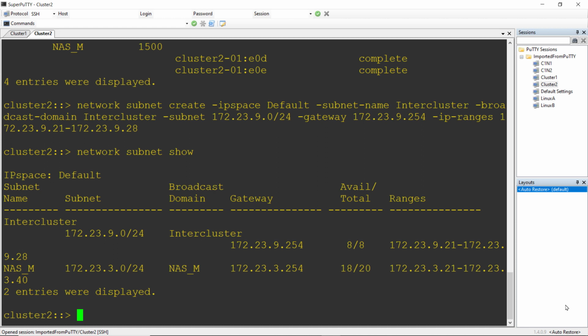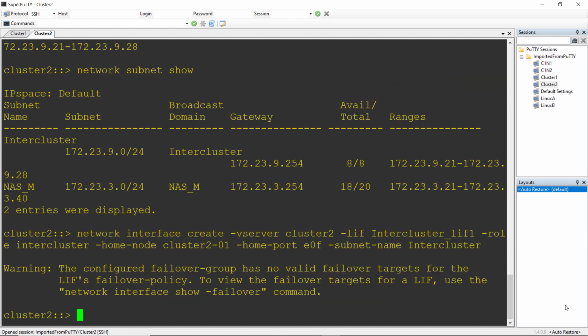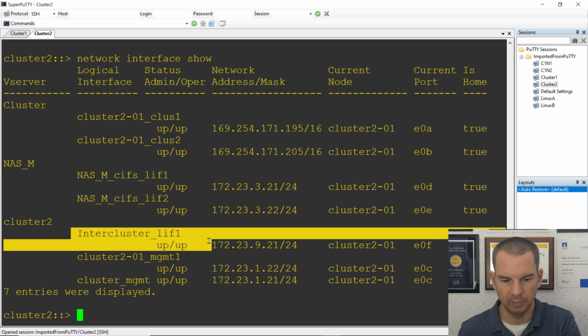Next up, I'm ready to create my network interface. So I say network interface create. The vServer is the entire cluster, so cluster2. The logical interface, I will name this intercluster_lif1. The role is intercluster, and the home node is going to be cluster2-01. The home port is e0f, and the subnet name that I'm going to allocate the IP address from is intercluster. Okay, and I can now do a network interface show, and I can see there is my intercluster LIF